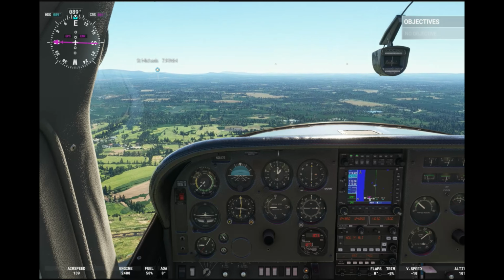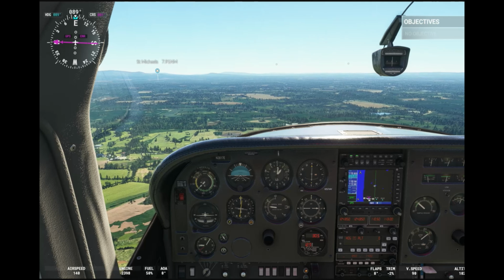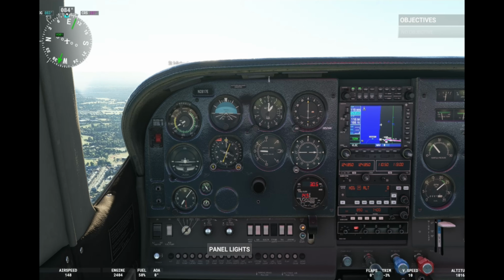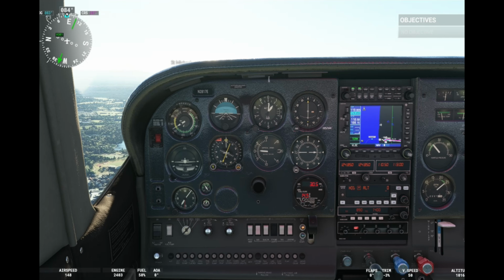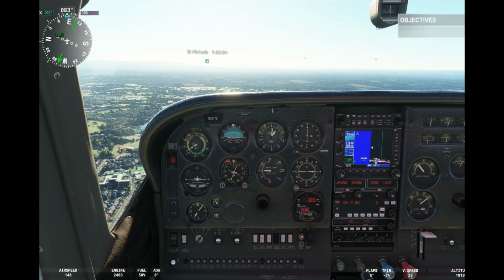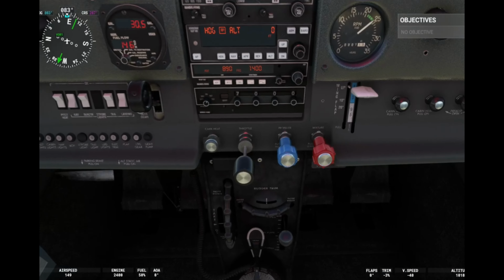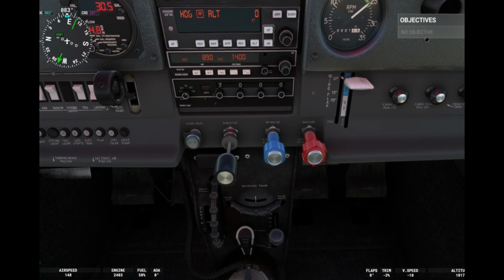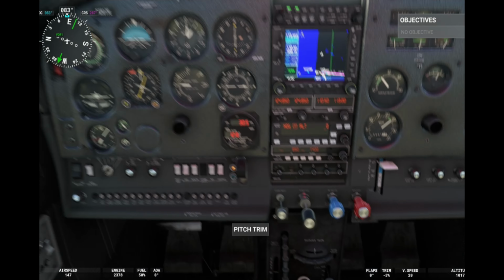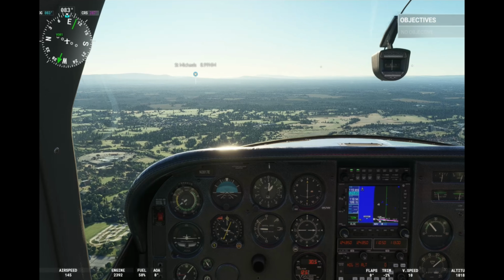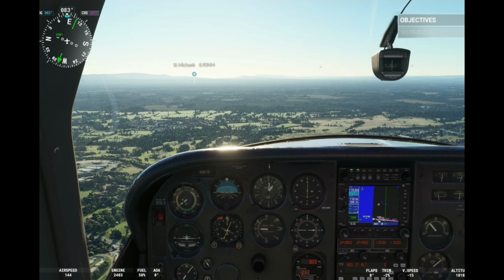We are now on our downwind leg, and we will now do our BUMPFICH checks. B for brakes off, U for undercarriage down and locked, M is for mixture on rich, P for pitch, that's propeller to be put back to fine, F is for fuel sufficient for go around and on fullest tank, I is for instruments reading in the